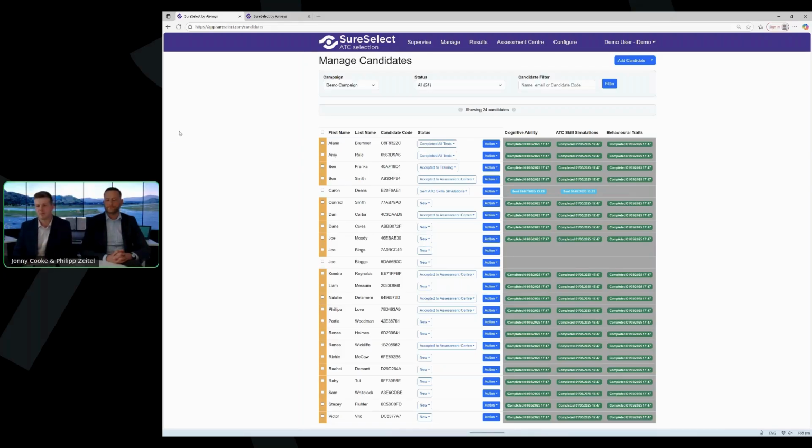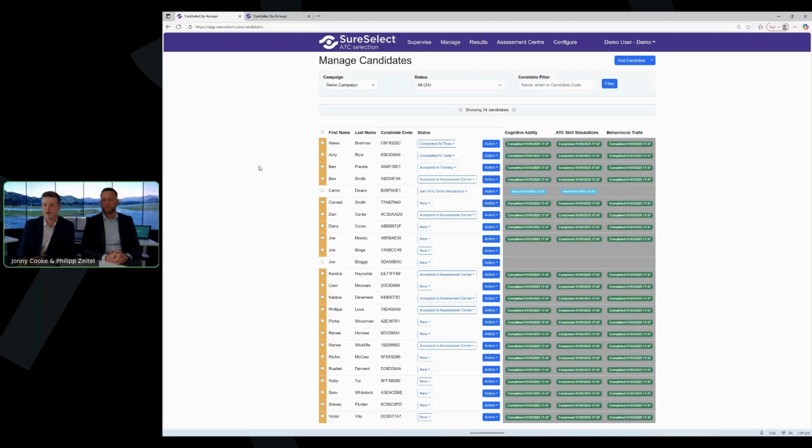These campaigns are set up and managed by Philip and his team directly. And the administrators can just see here, live at any time, a fairly small subset of test data, just to show the platform. But they can see as people get added to the list, what stage of the testing they're at, how many of those tests have been completed, whether or not they failed and were eliminated from the process. And then they can be invited to the assessment center from here as well.